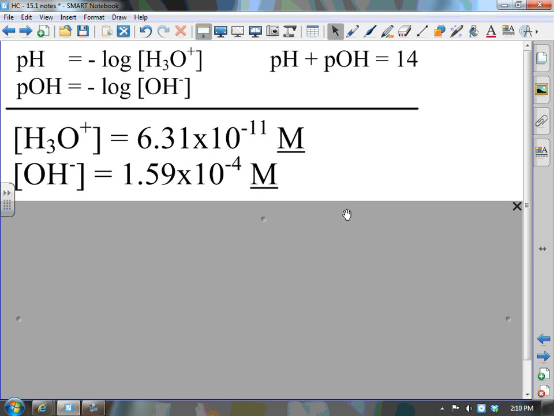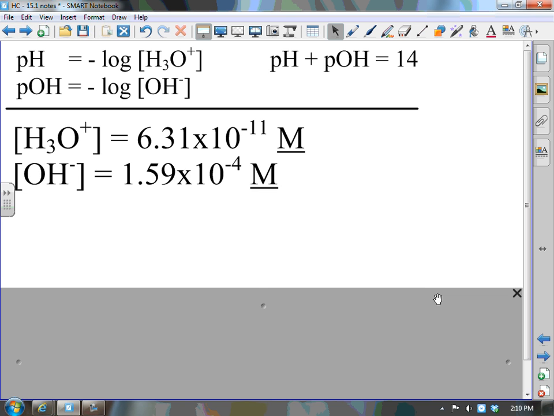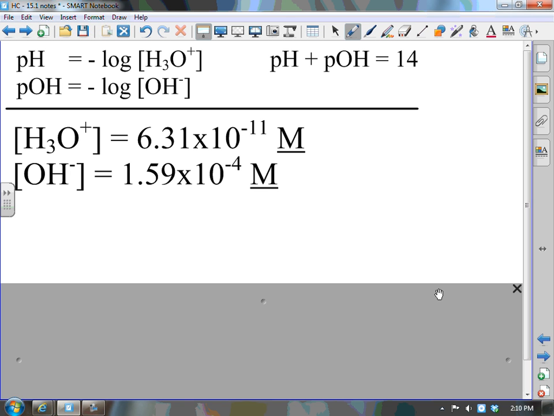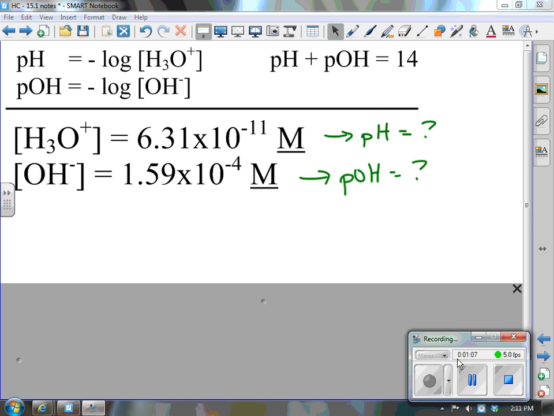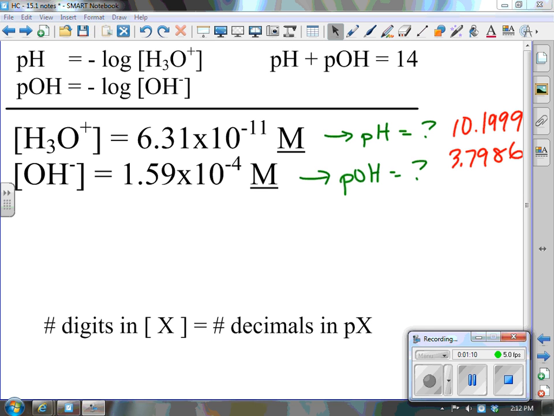So let's just say we have two chemicals, and this is the concentration of those two chemicals. What I want you to do, you can pause this, is calculate the pOH for this one, and I want you to calculate the pH for that one, and see what we get for answers. So you can pause this, take a look at it, get some answers, and we'll talk about what you... All right, when you do these calculations, your two answers should be 10.1999 and